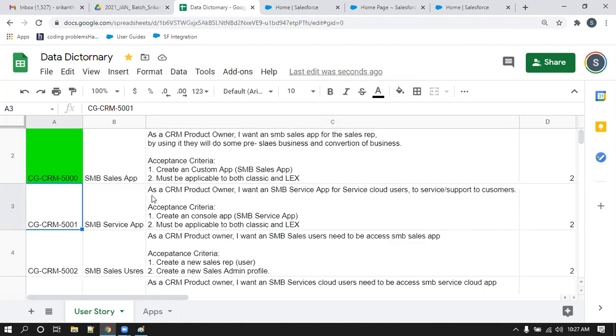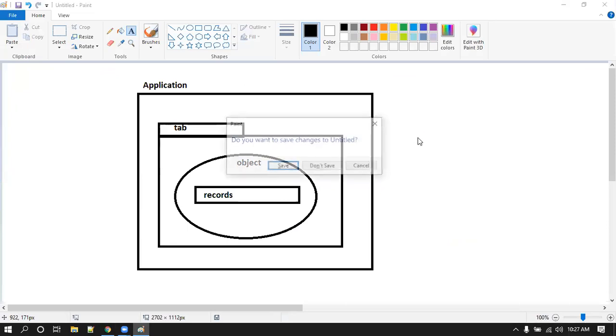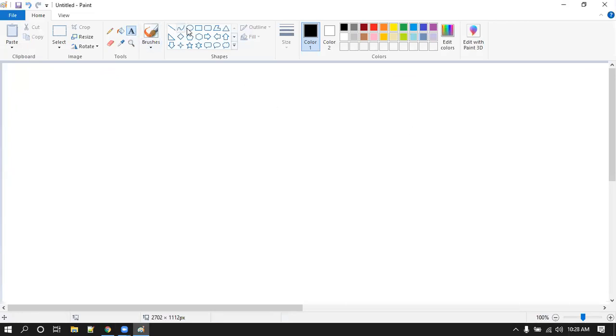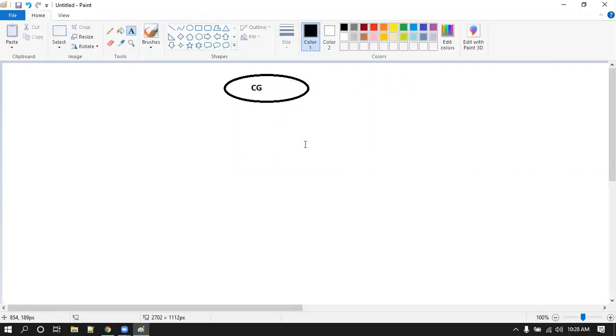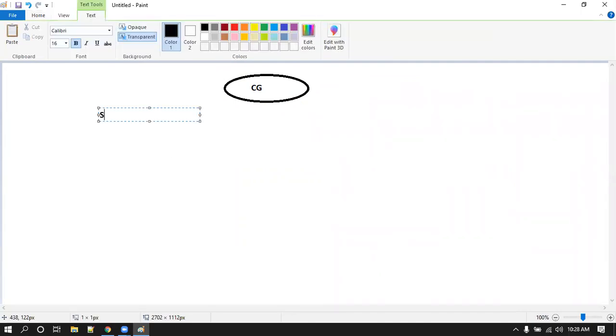Now going to the another user story. What are they saying? As a CRM product owner, I want an SMB service app for service cloud users to support the customers. Let us say, why do we need this application? I want to show you. This is our CG. Here we have sales reps. Here we have